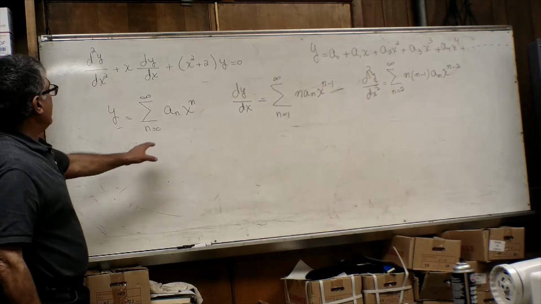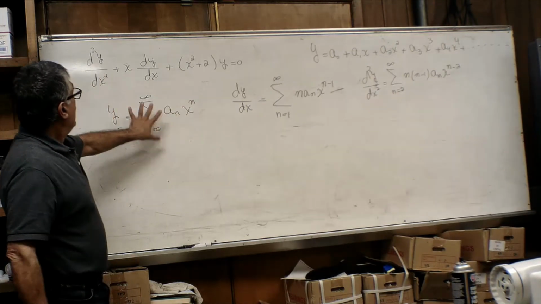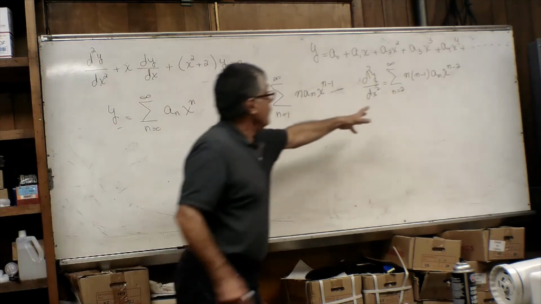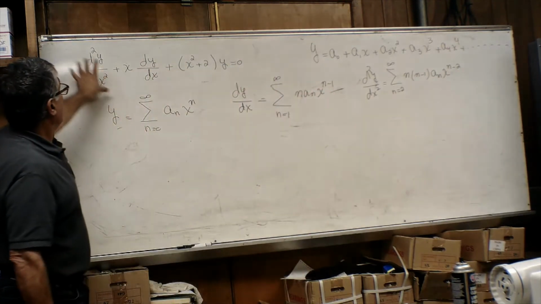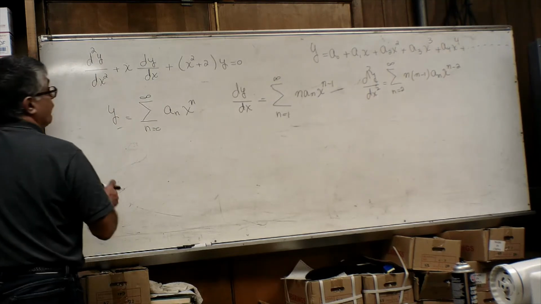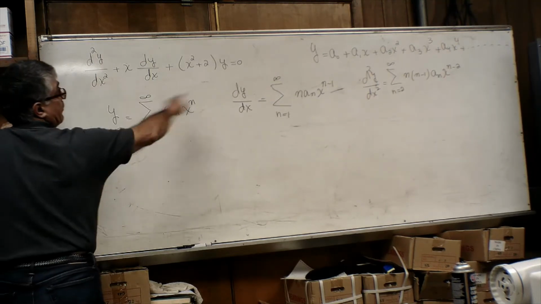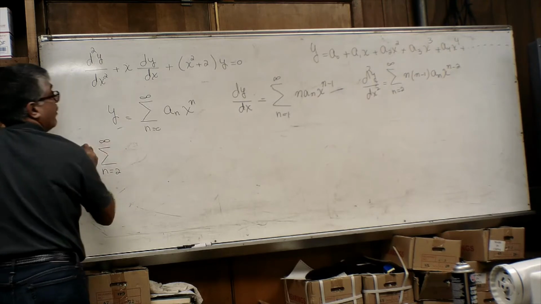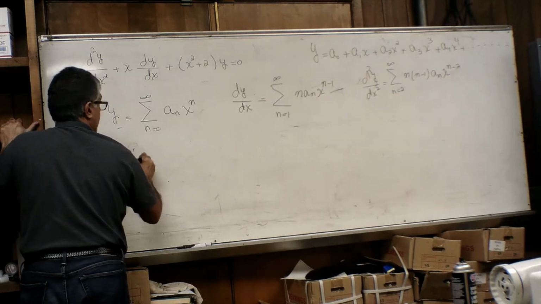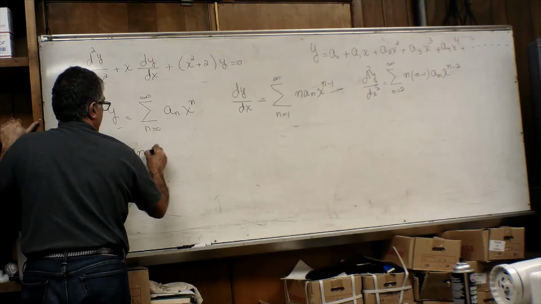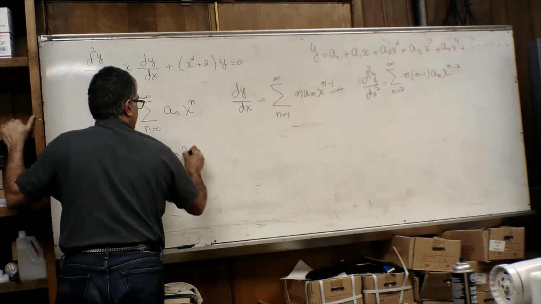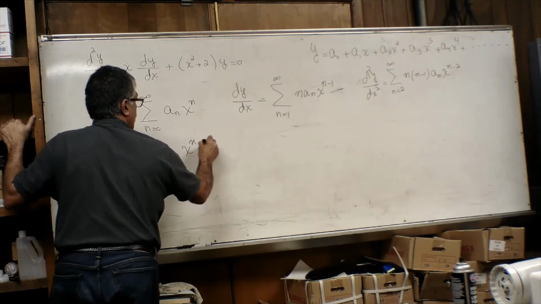Now we have the values for y, dy dx, and d2y dx2. Now we can plug these values into this differential equation, and we are going to have summation of n from 2 to infinity of n times n minus 1 a n x to power n minus 2